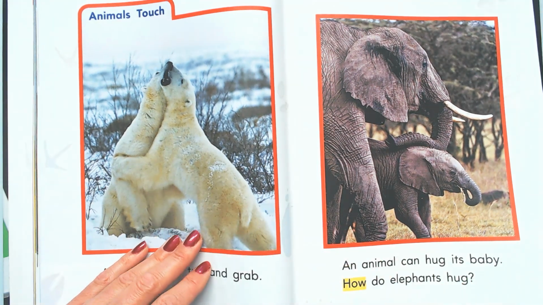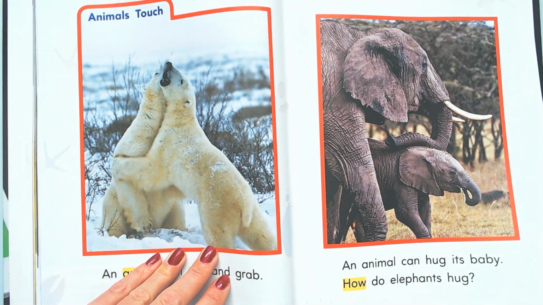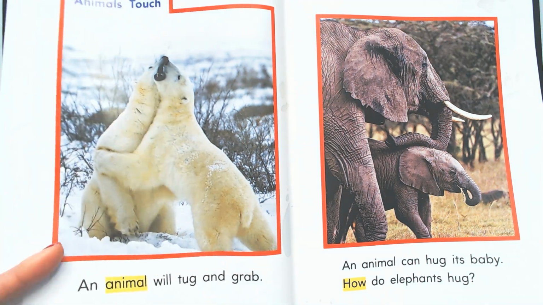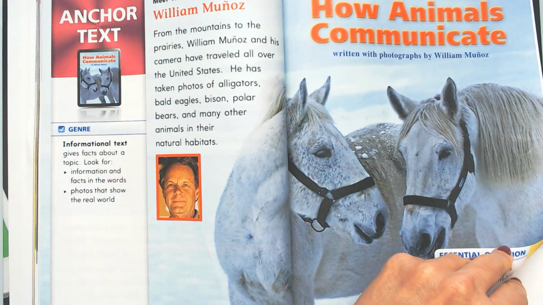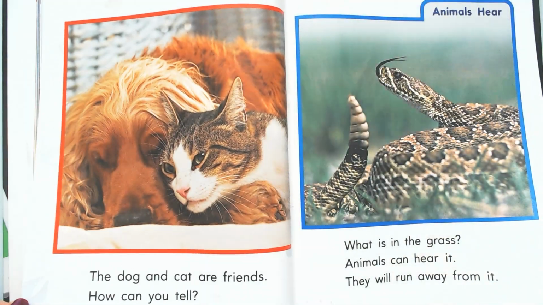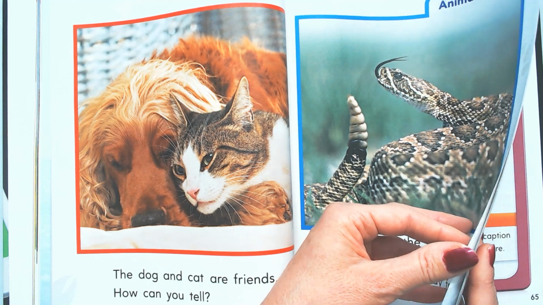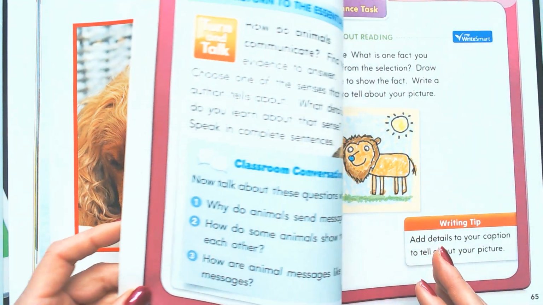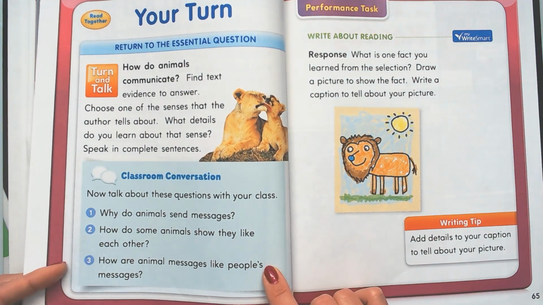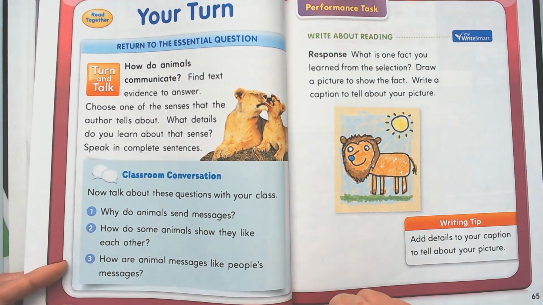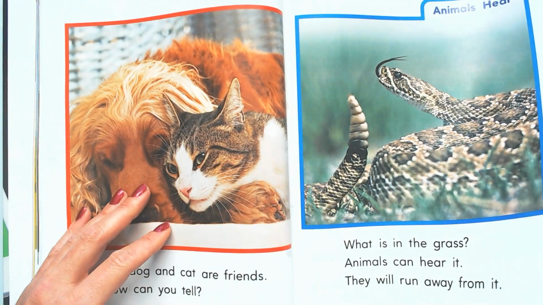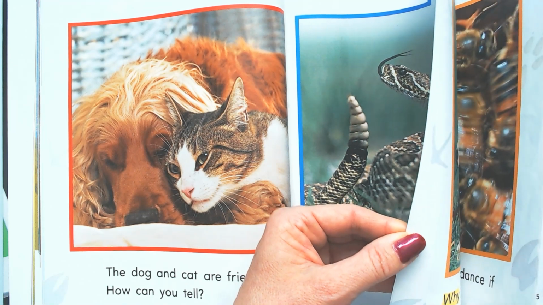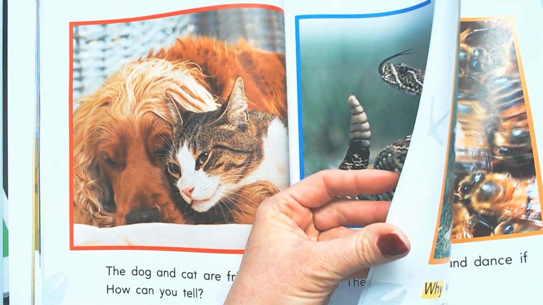So they use their body language. They use their voices. They use all their senses to communicate, just like we do. Like I could talk, but if no one listens, then I'm not getting the message across. So just like animals, people have to use all of their senses: seeing, hearing, touching, smelling. Like moms know when to change their baby's diapers because they smell. That's sort of a message to the mom.